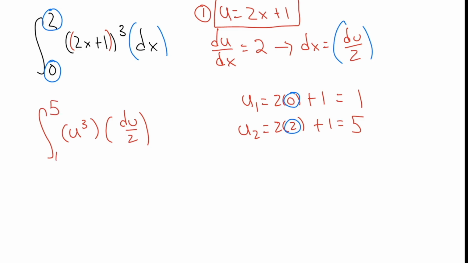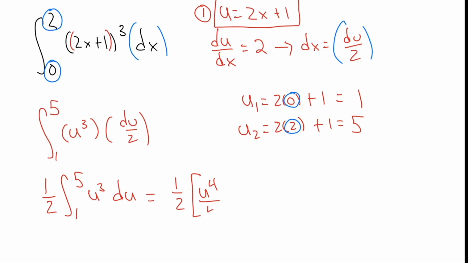It's very important that you change the bounds of integration when you are doing this, because if you keep 0 to 2, then it's going to be wrong. Finally, we can evaluate this integral, which is 1 over 2, the definite integral from 1 to 5 of u to the third du, which is going to be equal to 1 over 2 times u to the fourth over 4 evaluated